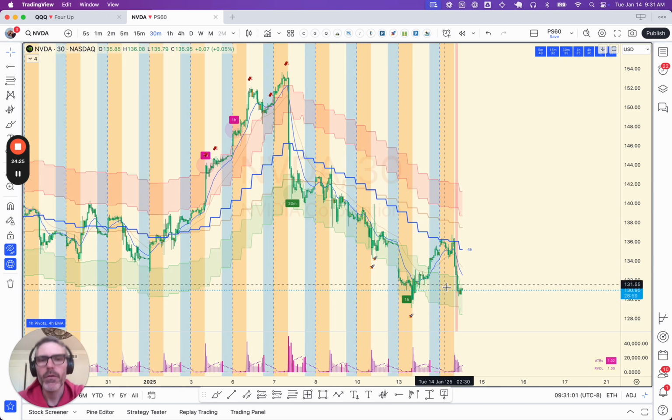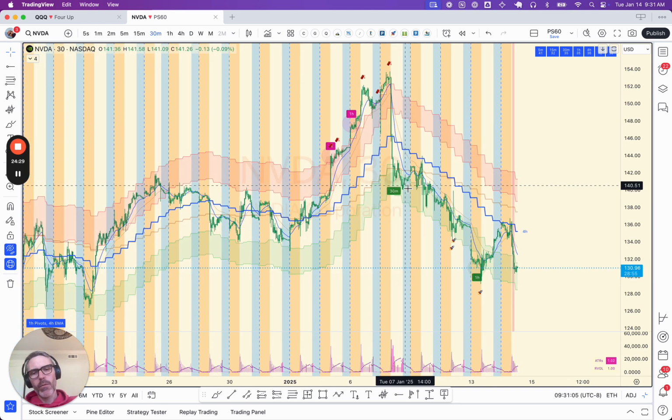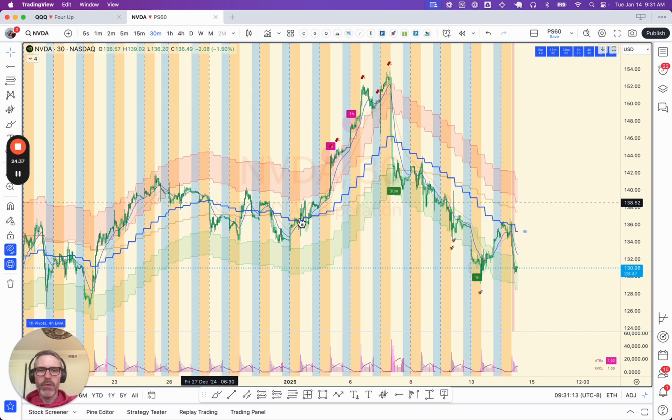And where these zones come from is I have a ton of code behind this that I've written to identify pivots. And you see here it says 1H pivots 4-hour EMA. So what this is showing you is this blue line here is the 4-hour EMA 12 that I trade. And then there's the 4-hour EMA 26 along with it. And the reason